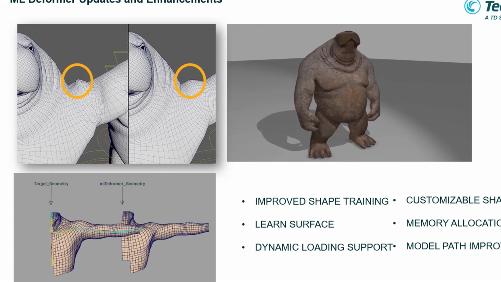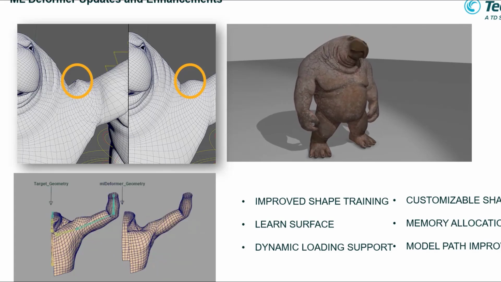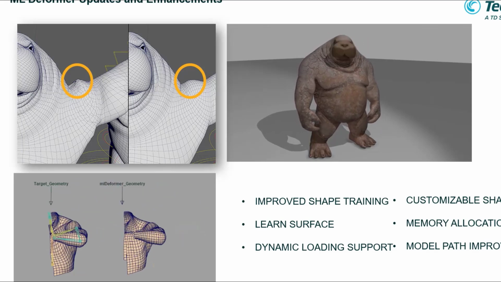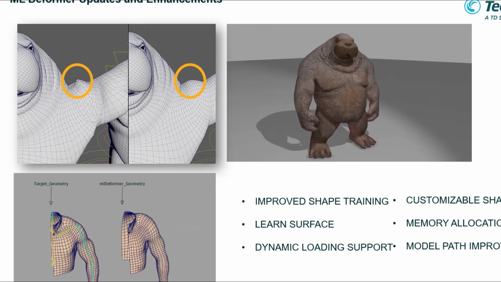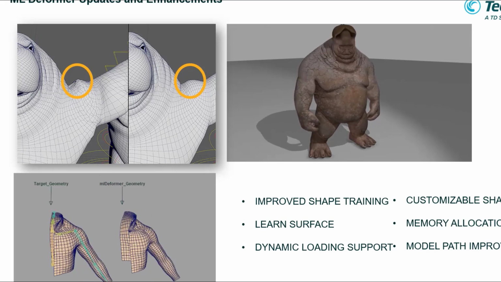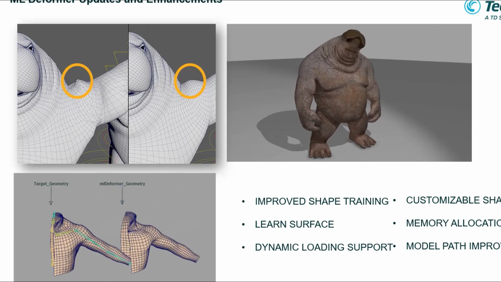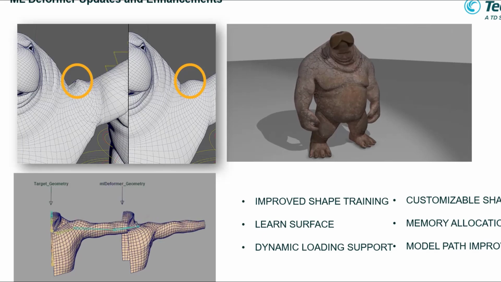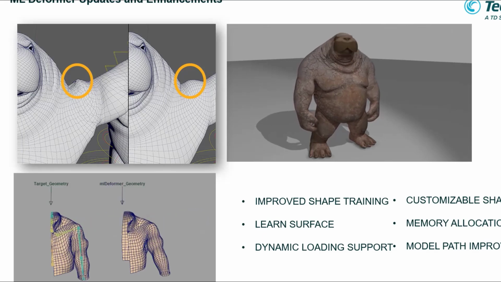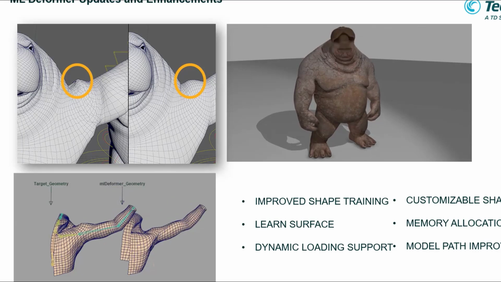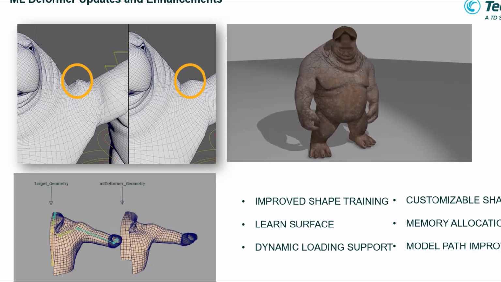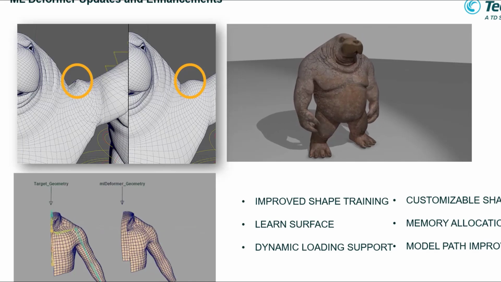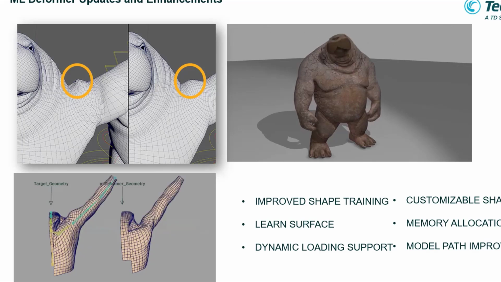It depends on your machine. Sometimes, if you're on lower specs, it will consume more time than if you have higher specs. That's how machine learning works. But I think it's a good result. Let's say you have a bunch of characters, you need to apply it only once, and then you can apply it to the rest of your characters. You only give the learning which movement you want, to give some data to Maya.